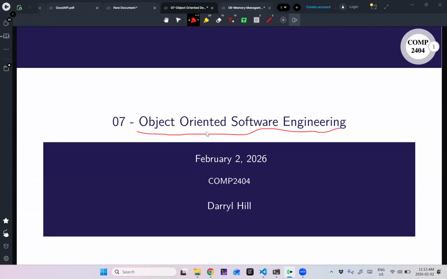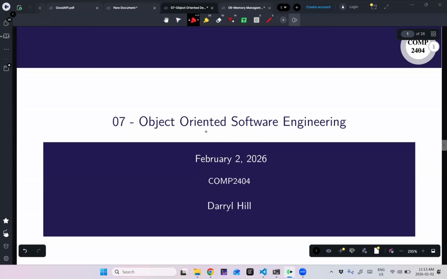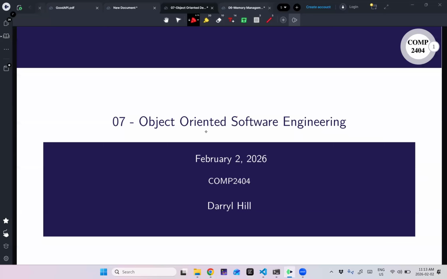So that sort of takes us through a lot of the technical details of C++ that we're concerned with when we're using classes. Of course, we're going to get into inheritance and things like that. But we're going to shift our focus a little bit to, so what happens when I sit down and want to build a piece of software? What should I be thinking about, right? What is software engineering? How do you approach it? What are the best practices? So we're going to talk about that.